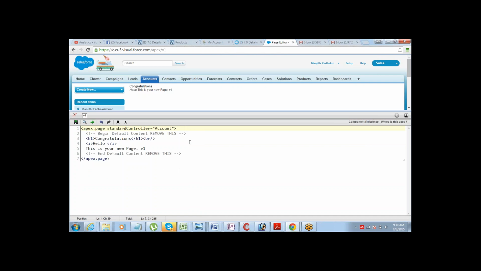Now this is connected to the account object, which means I can use this page for displaying the data from the account object. Let me show the account name here. To fetch the data from an object, you just have to use this expression: within curly brackets, start with an exclamation mark, then object name dot field name. Whatever data you want to bring on the page, you just have to use this object name dot field name. Let's say I want to display the name of the account, so I should say exclamation mark account dot name. If I want to show the industry,